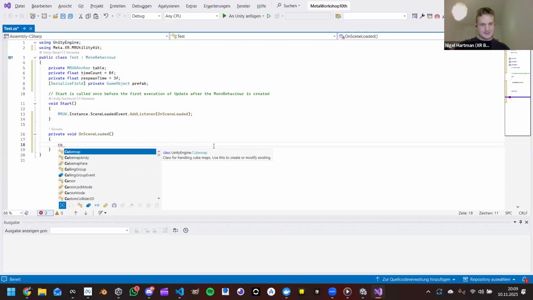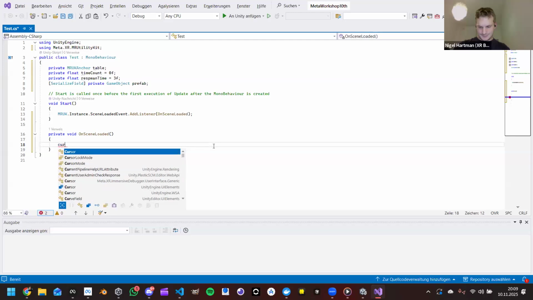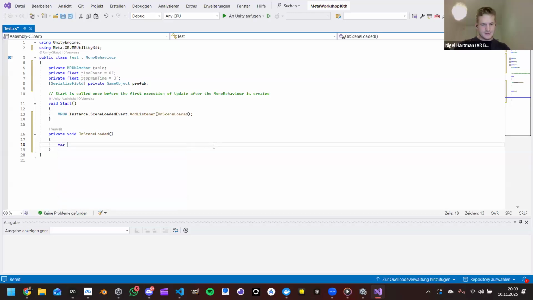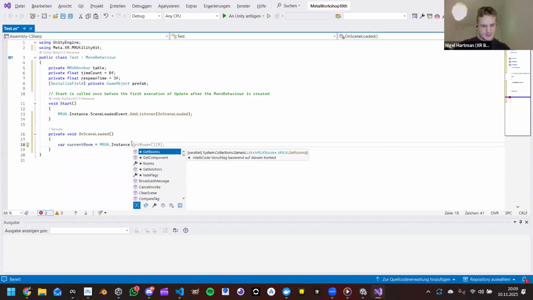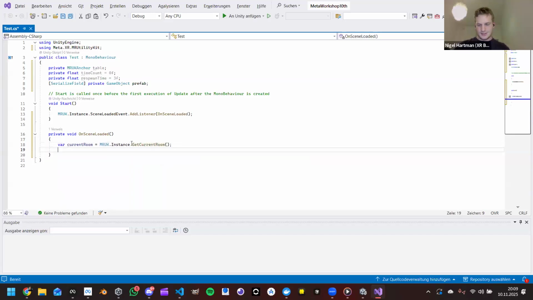So as soon as the scene is loaded, we need to get the current room, which is loaded. And yes, for that, we use the MRUK instance. I don't think the room manager exists. Get rooms. Get current room. Exactly, it's getting the actual room we are inside, getting information about it,